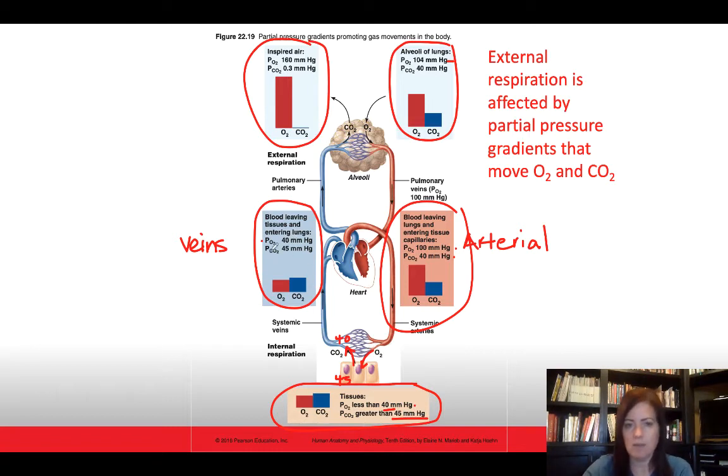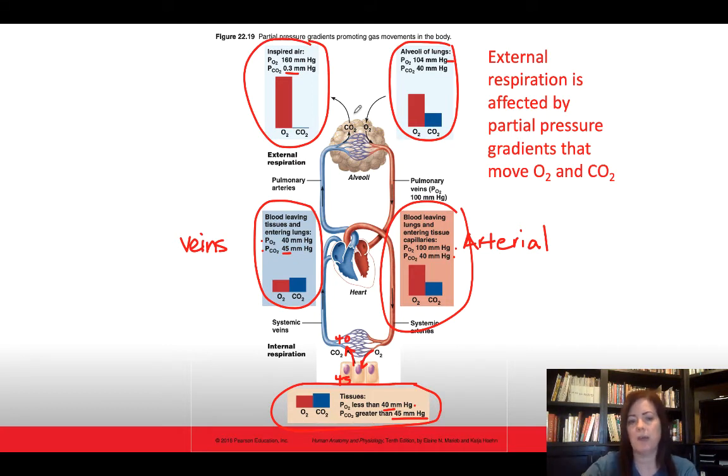Carbon dioxide has actually increased to 45 millimeters of mercury, and that's what we see here. And we return to the lungs. And so if you look at what we have at the lungs, because of these pressure gradients, we're going to end up moving carbon dioxide down its pressure gradient, right? We're going from 45 to 0.3. Carbon dioxide is in a higher gradient inside the lungs than outside, so carbon dioxide is going to be expired,